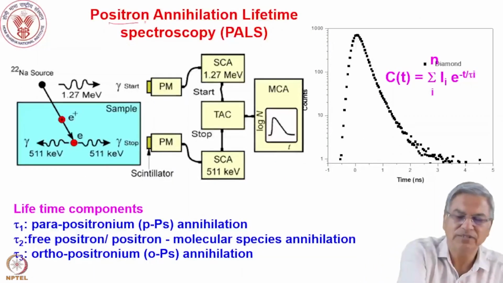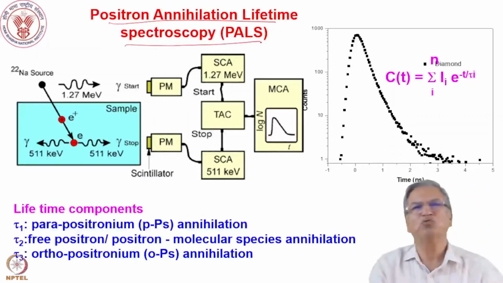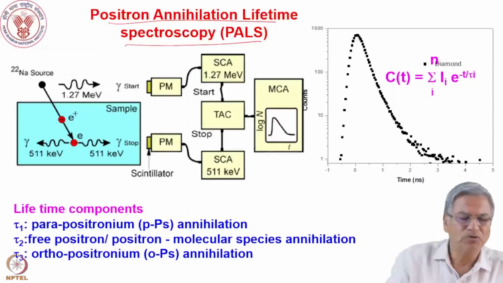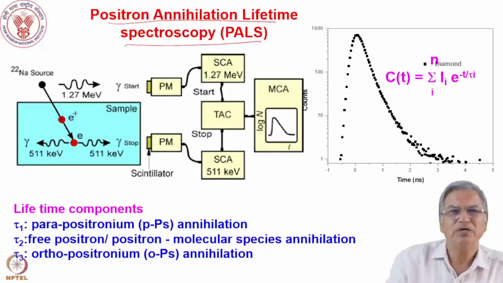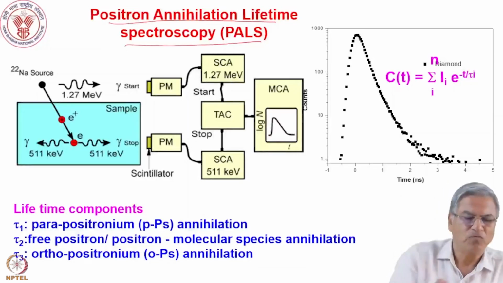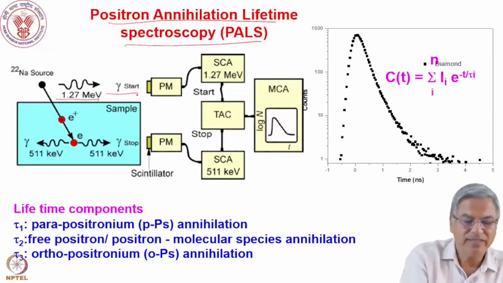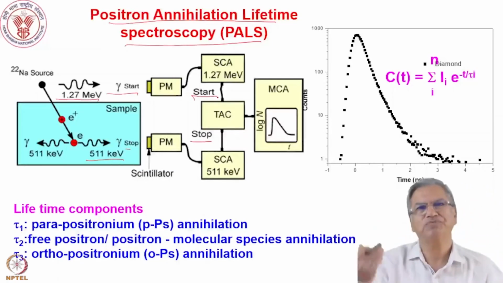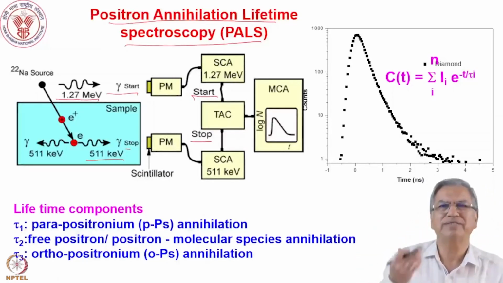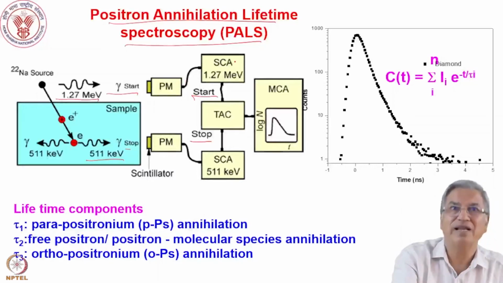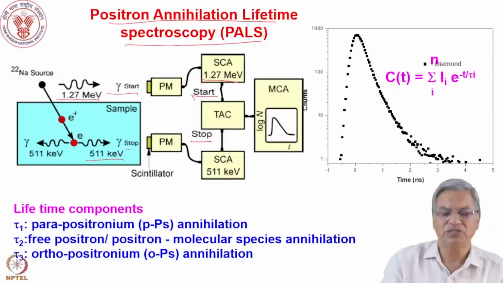Another technique I was mentioning is positron annihilation lifetime spectroscopy. You measure the lifetime of a positronium or positron by a setup called a fast-slow coincidence setup, where the 1275 keV gamma ray triggers the start, and the 511 keV gamma ray triggers the stop. So you have to have a circuit by means of which you determine the time difference between two gamma rays, 1275 and 511. So what you do, you have a single channel analyzer where you get the gamma ray 1275,